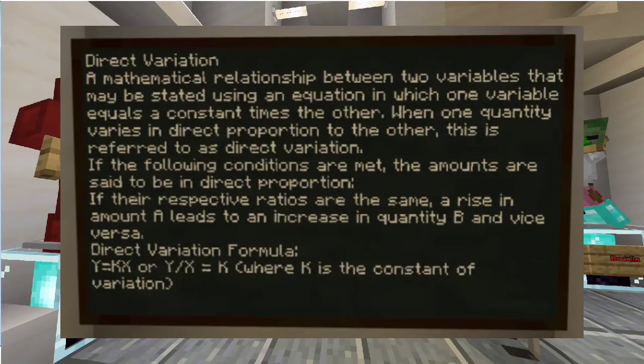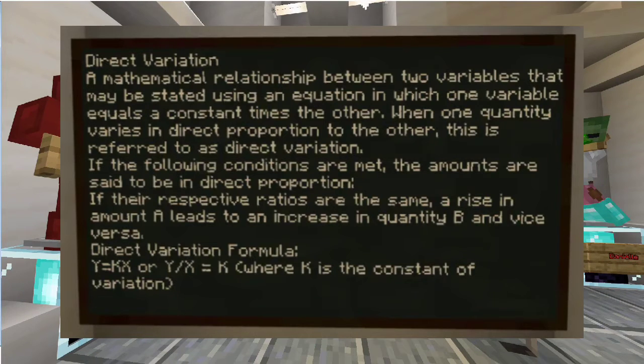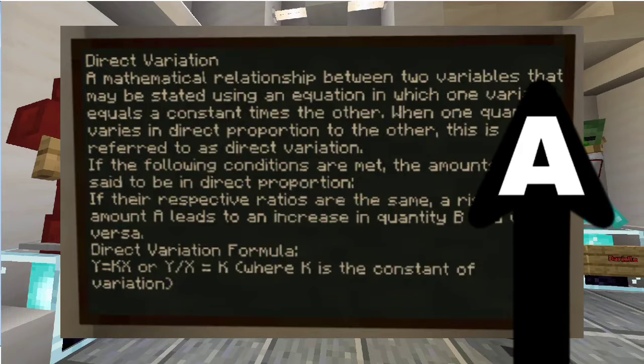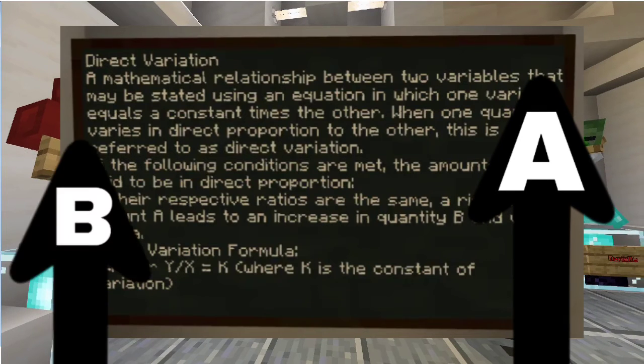Direct variation, a mathematical relationship between two variables that may be stated using an equation in which one variable equals a constant times the other. When one quantity varies in direct proportion to the other, this is referred to as direct variation. If the following conditions are met, the amounts are said to be in direct proportion. If their respective ratios are the same, a rise in amount A leads to an increase in quantity B and